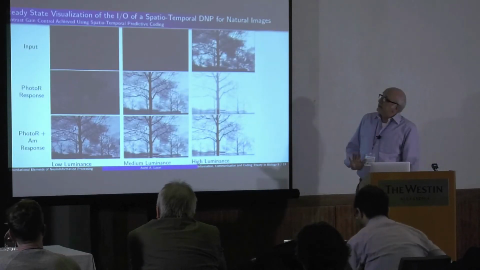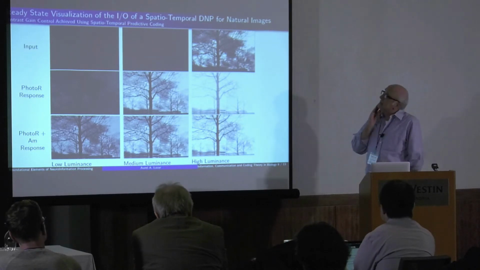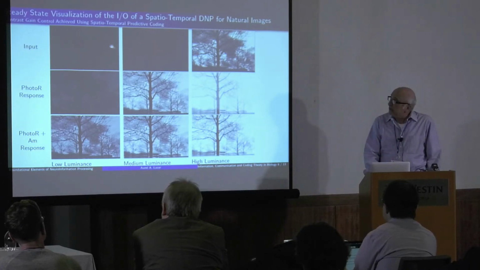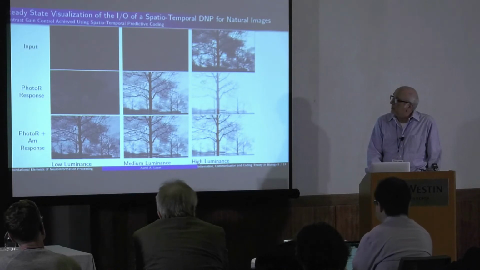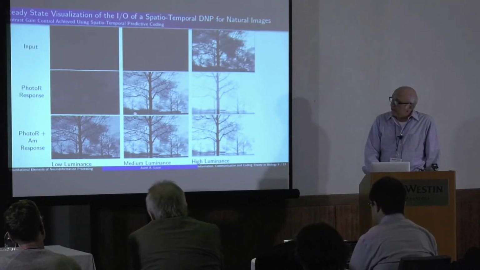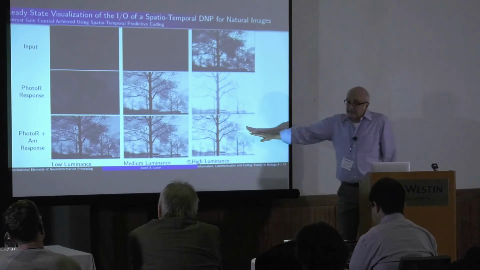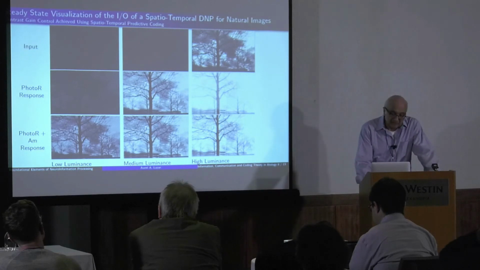Now, what's the impact of this? I'm showing here processing with a circuit like this. This is modeling the retina with feedback, and here is the input. You see nothing here because the luminance is very low, so the contrast is very poor. Then here you have higher luminance, and it is even higher. Then suddenly the photoreceptor does some processing on it, but with the photoreceptors plus the feedback, the processing is such that you can see exactly what's going on. This is quite pleasing and surprising, if you like.